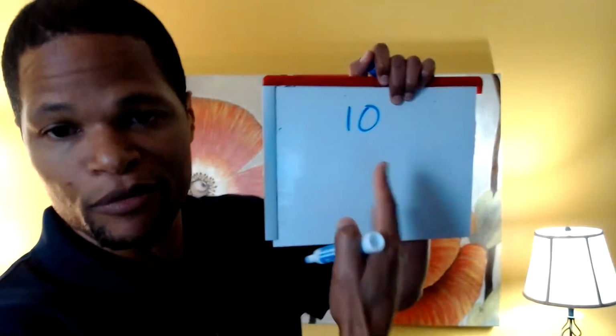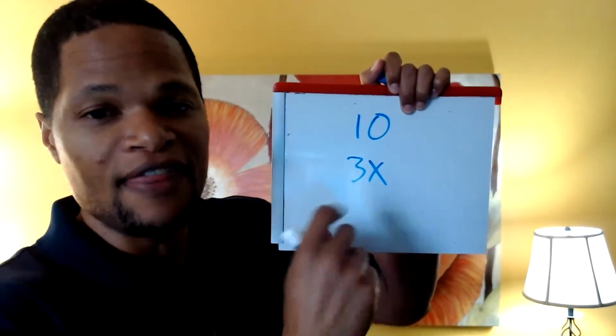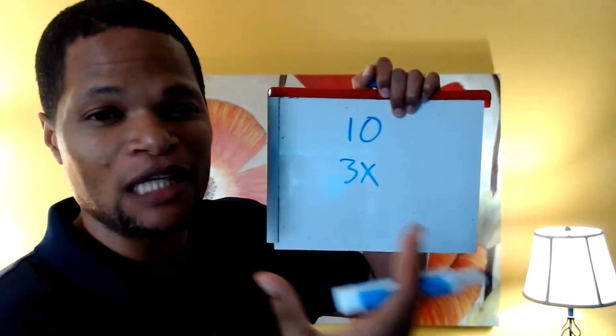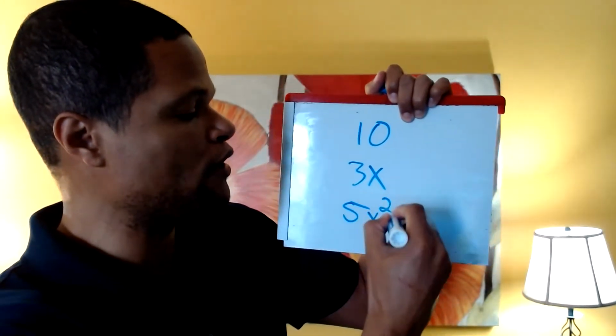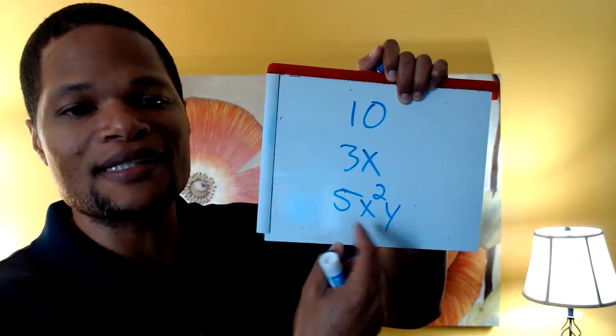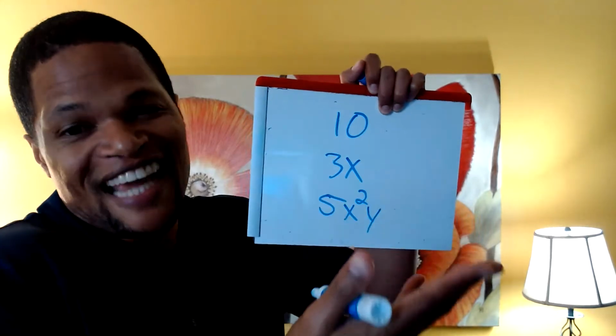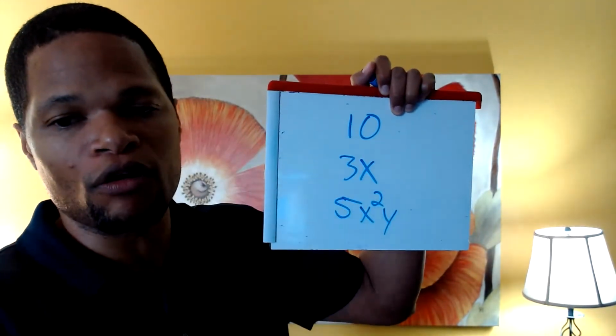There's something called a monomial. A monomial can look like this, where you have, say, just the number 10. There's one term. That's considered a monomial. If you have 3x, that's also just one term. That's considered a monomial. You could also have a slightly more complicated one, like 5x squared y. That's still considered, people, one term because it's not separated by a plus sign or a minus sign, making it another term that you would count. So all three of these that you see right here are referred to as monomials. And it's mono, the prefix meaning one. Nomial is like a reference to the larger umbrella concept of polynomials.